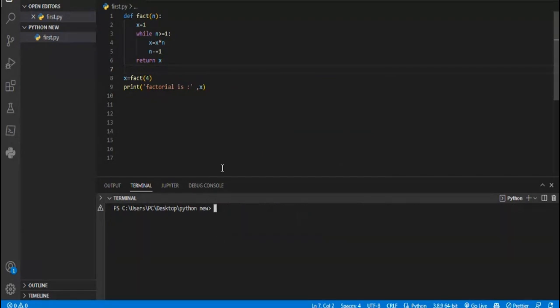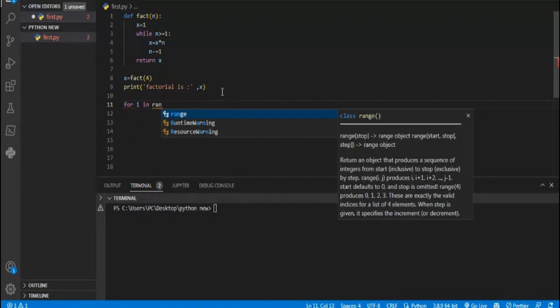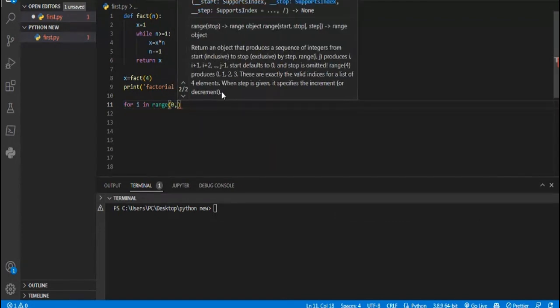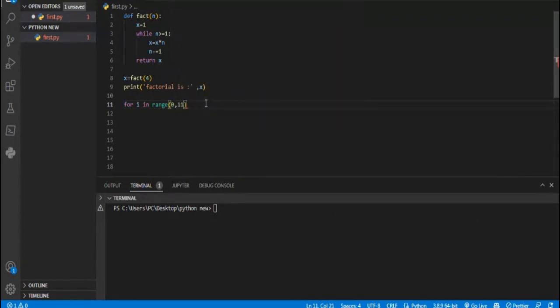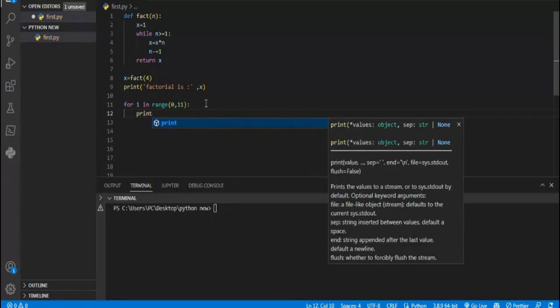CLS. You can use a for loop also if you want the range. If you want to display the factorial of the first 10 numbers like that, you can use a for loop here with the range function. That also will do it. For i in range: the range function generates 0 to n minus 1 numbers. So range of 11 generates 0 to 10. Simple, we have to print it. That's it, simple. Print